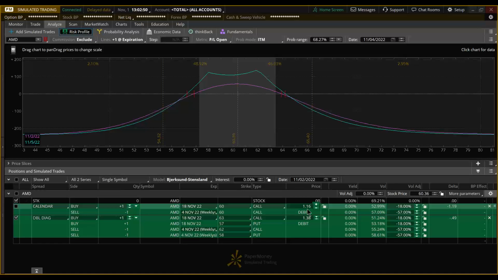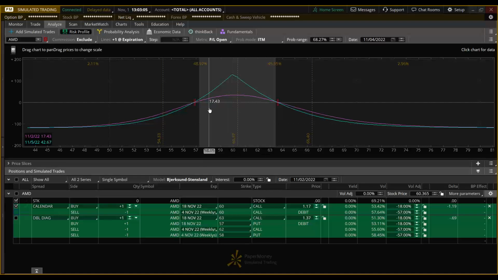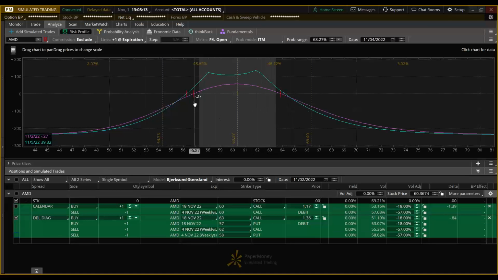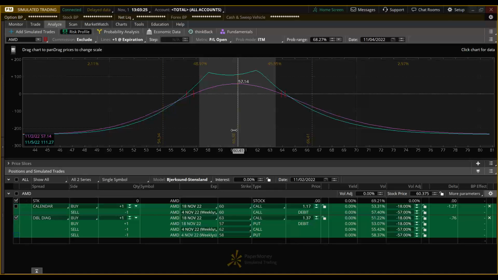So remember I said that the goal was to widen the profit window, because remember with the calendar, the profit window is here, okay? Only at one standard deviation. With the double diagonal, it's wider than one standard deviation. See that? And I could make it even wider just by tweaking the strikes that I use. But things happen. I take on more risk, and I lower my maximum profit. You see here, the maximum profit is $108.